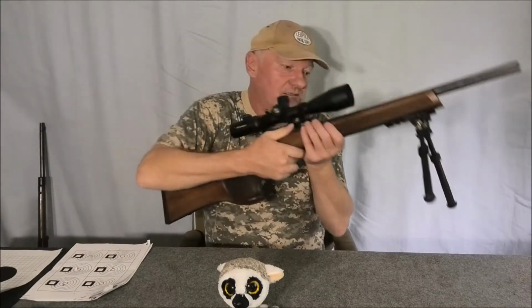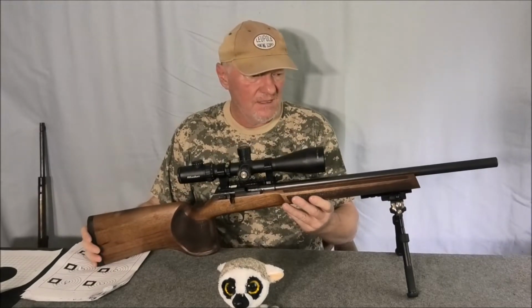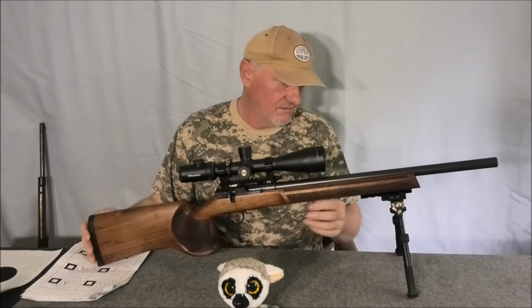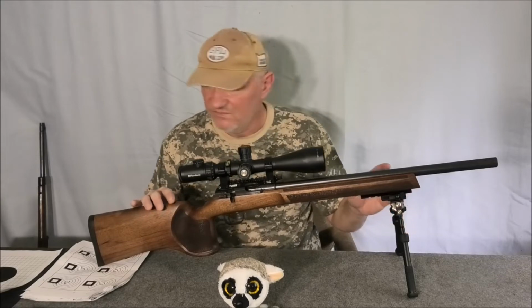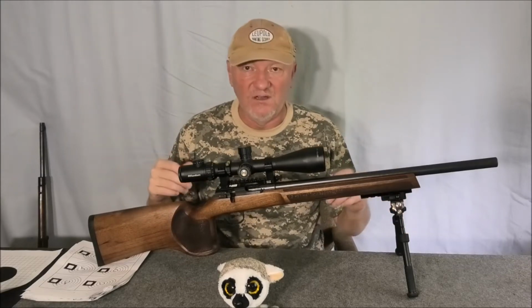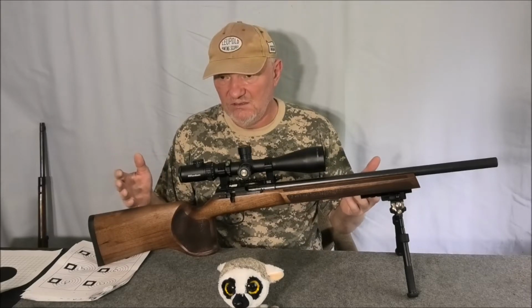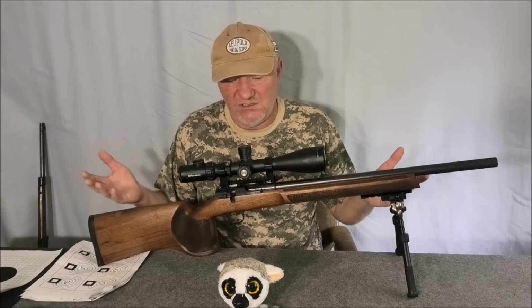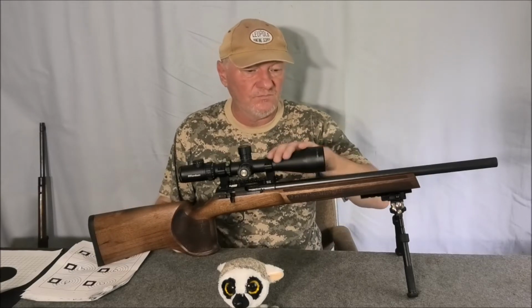Now, let's get to the really important stuff, and that is the CZ Varmint MTR. This is sloppy. This is one of my bipods. This is not the bipod that I have for it. It's in the car. This is one I had just handy now. And I don't really shoot it off a bipod. When I'm on the bench, I shoot it off a bag, which is really, really stable. Front and rear bag. Now, garbage on there. Now,